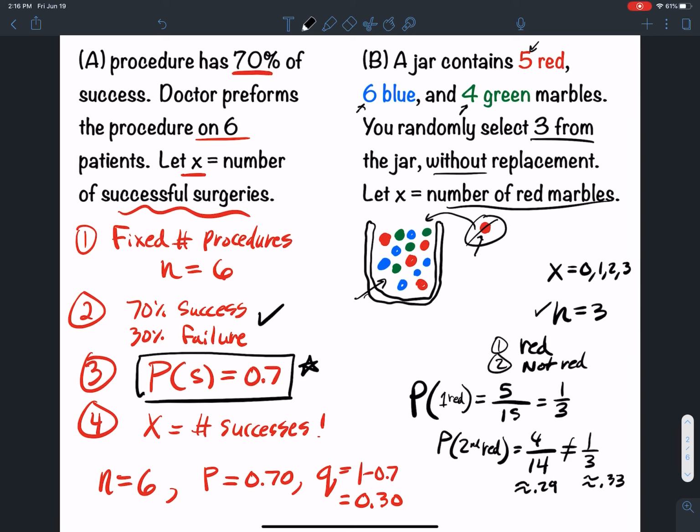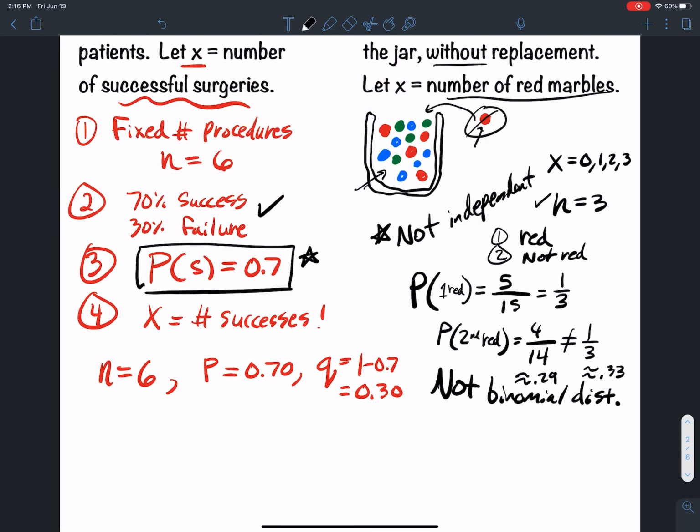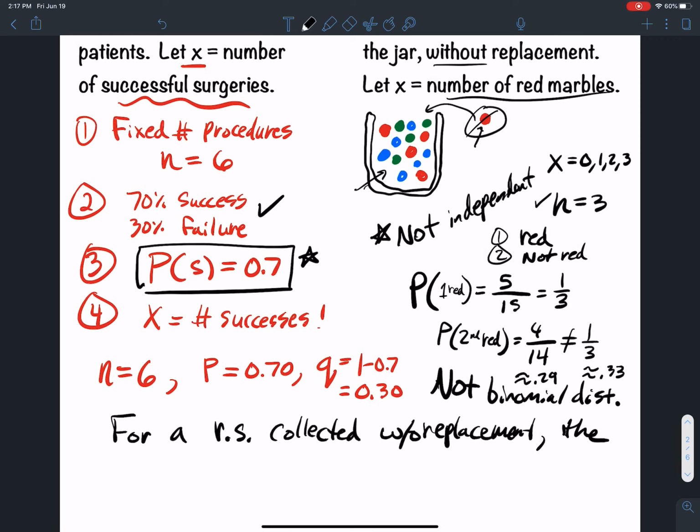And since it changed, that means that these trials are not independent. Therefore, it's not a binomial distribution, okay? Now, there is a caveat here, and it's a nuance. Here's the exception to this rule. For a random sample collected without replacement, that's what we're doing. We pull a marble out and we don't put it back. The events are dependent always, right? However,